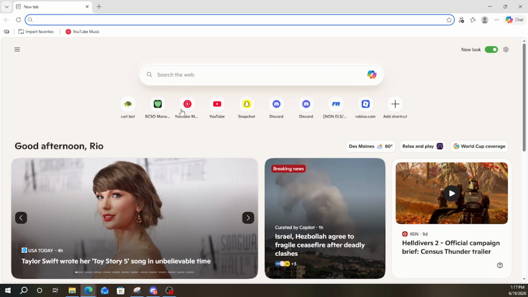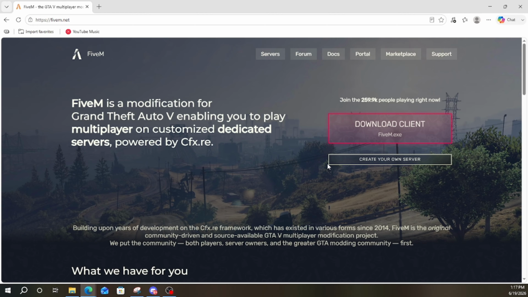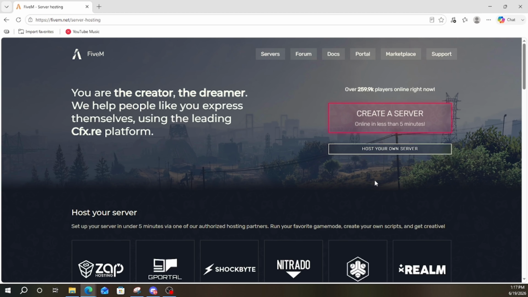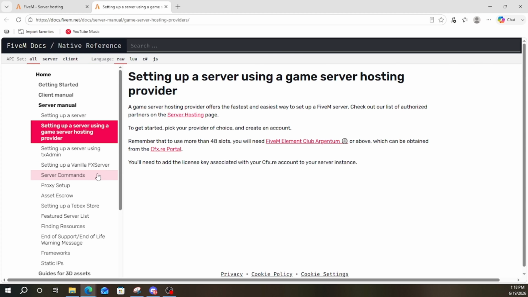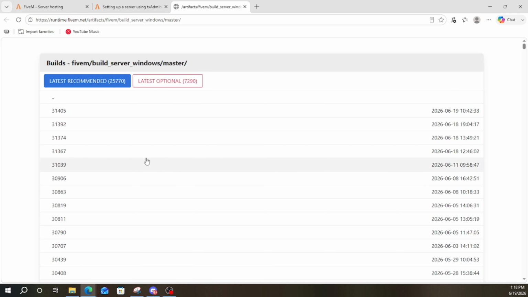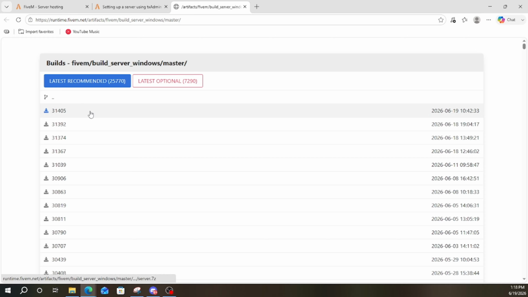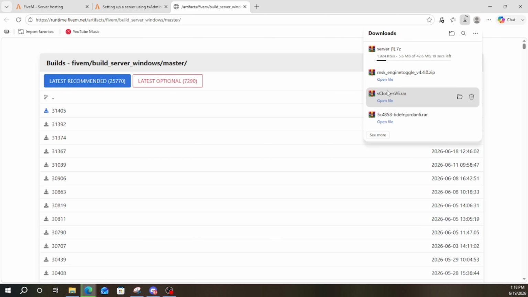Alright, it's named artifacts. Now, what you want to do is go to the FiveM net page right here. This is how I would do it. You go to create your own server, create a server, and you would do create a server using TX. Then you want to click on this right here. It'll take you to this website right here. This will be in the comment section, and you want to get this one right here. So we're just gonna download this one. I already have one, so